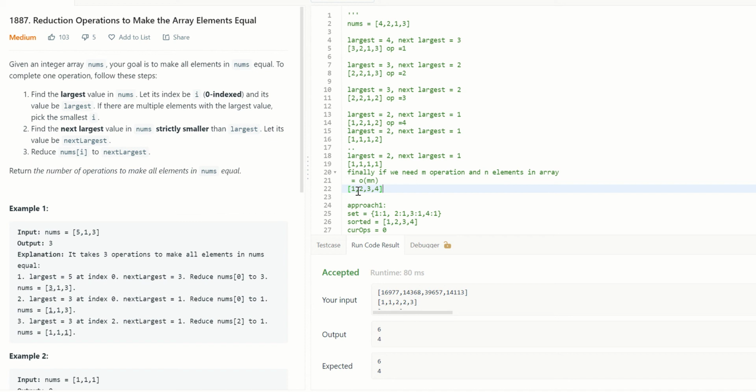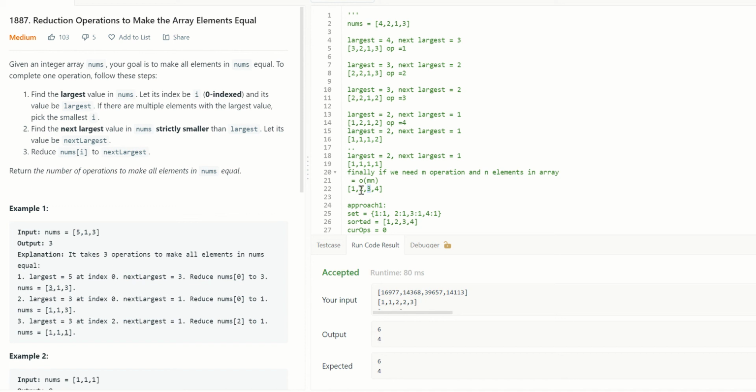Now that we know how to get the largest value and next largest value from the sorted array, when you are at 4, that is the largest value, and the next largest value is 3. When you are at 3, the largest value is 3, and the next largest value is 1 before that. So all we are going to do is look at wherever you are right now and the value before it.